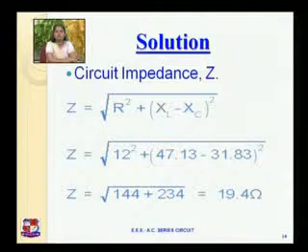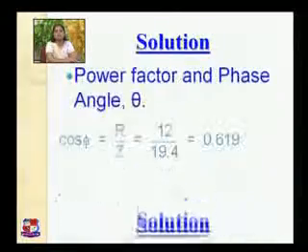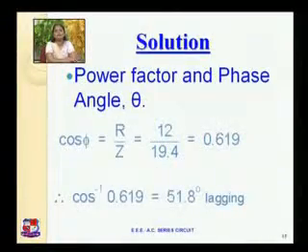In this particular data, your XL is higher than XC, so your circuit is inductive circuit. So in final answer, you have to specify here that your angle is lagging because it is the inductive circuit. If you find that it is a capacitive circuit, you have to write here leading. So always specify it is lagging or leading according to the values given for inductive and capacitive element.